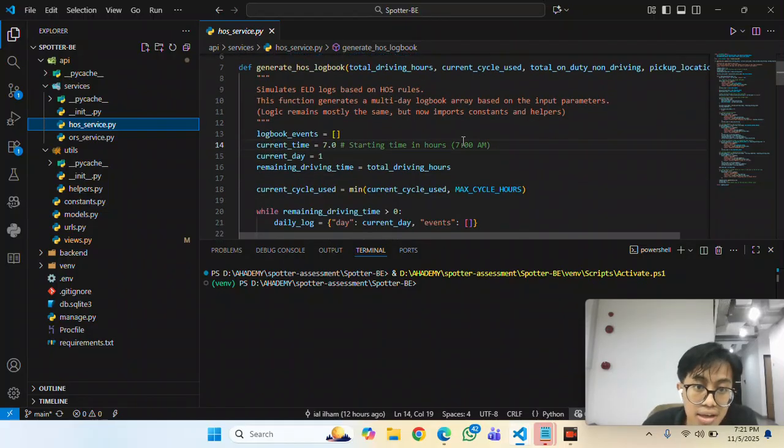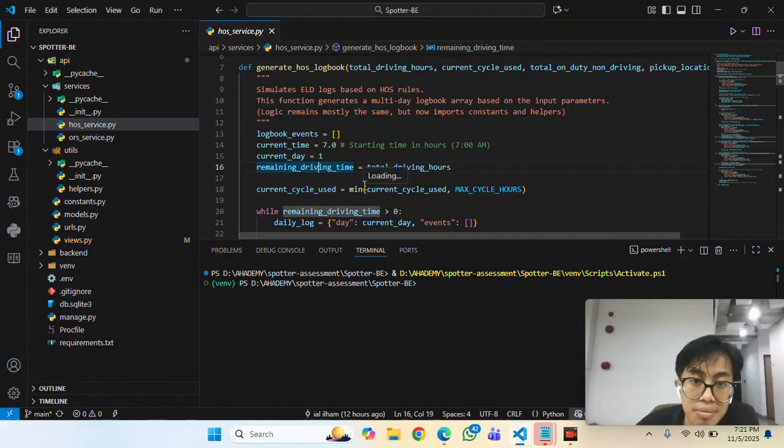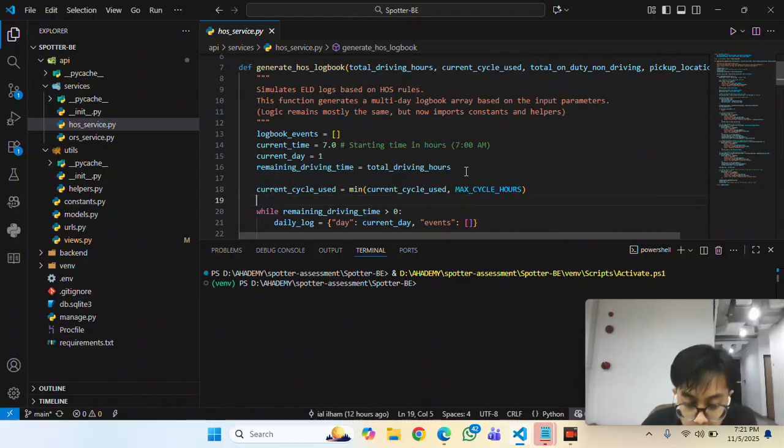First, I initialize a logbook events with an empty array, and the current time is 7. We assume it starts from 7 a.m., and the current day is 1. And the remaining driving time equals the total driving hours from the parameter.